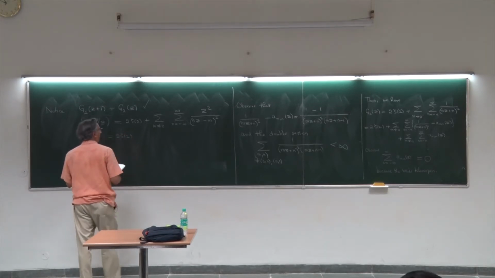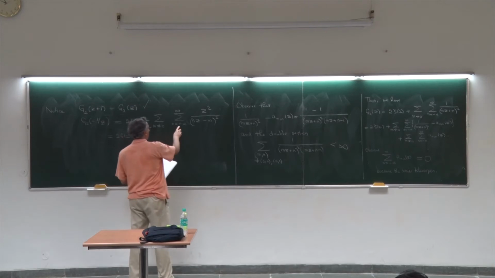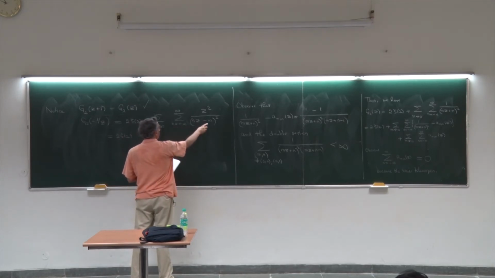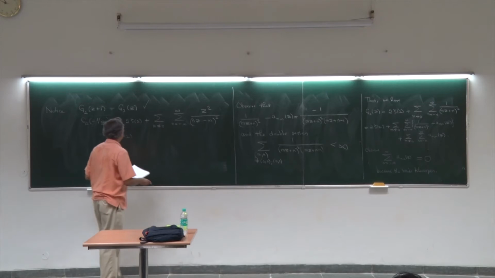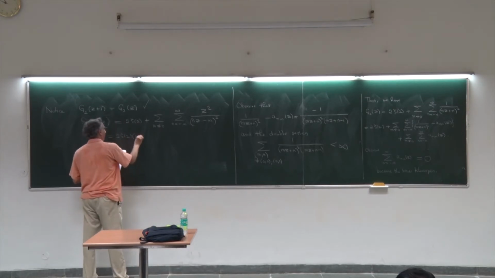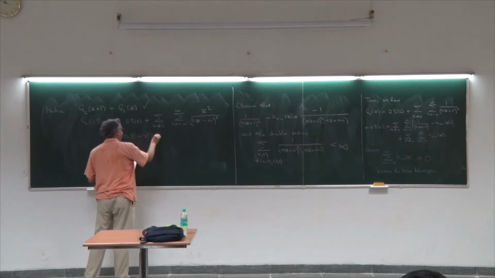Now here, I will look at the situation when n is 0. When n is 0, you're going to pick up z squared over m squared. So take that into account and write